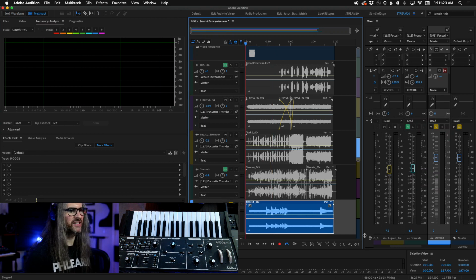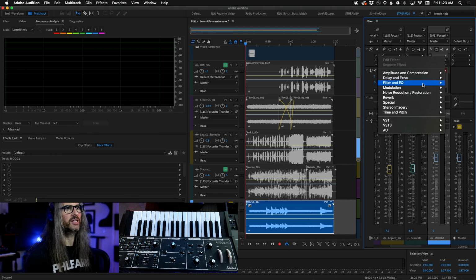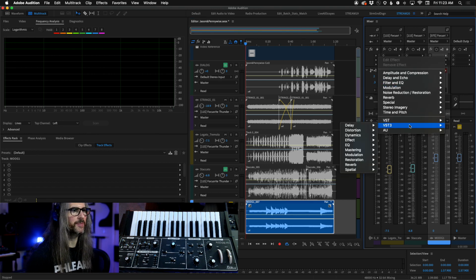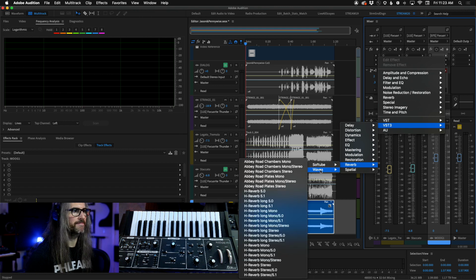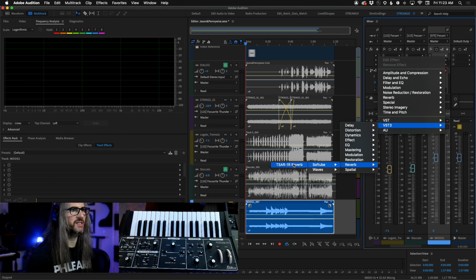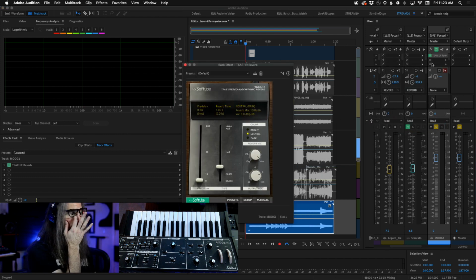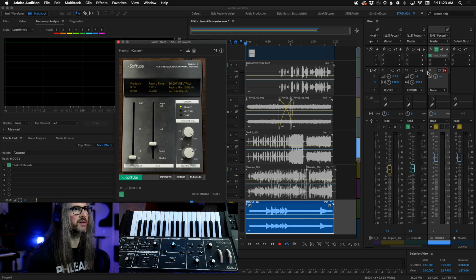All right, I'm going to stick a native reverb on here, on the track itself. Let's do this TSR reverb. This one has some kind of dark. Actually, maybe I want this one kind of bright because this sound is so dark. So let's hear what this sounds like with a little bit of this.